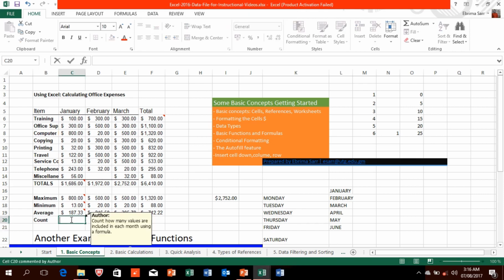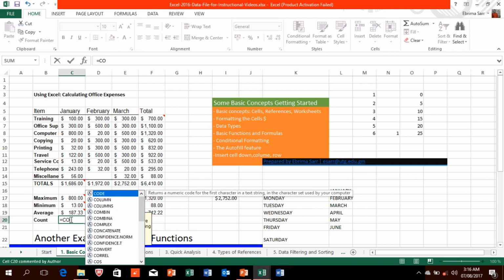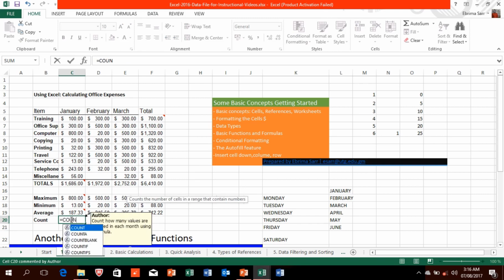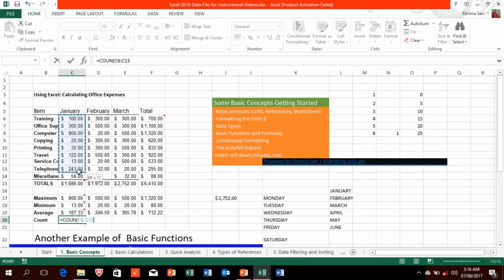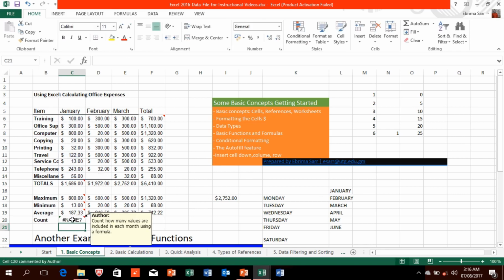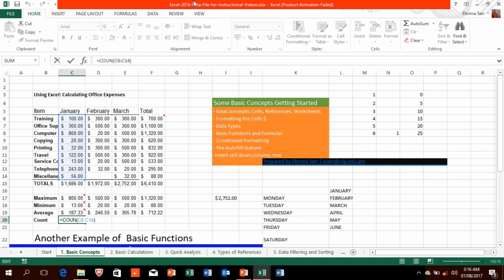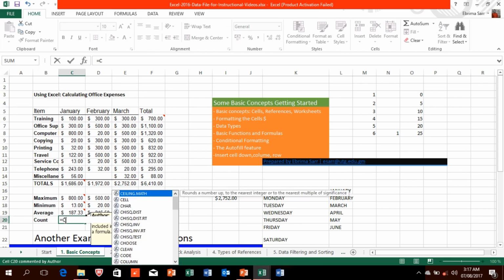Now we're going to do it again. Equal sign, count, open bracket, and then we select our range and then hit enter. Oh, something is wrong. I was giving it COUNT without T. That's why it was giving me an error message. Now we can go back and write count,